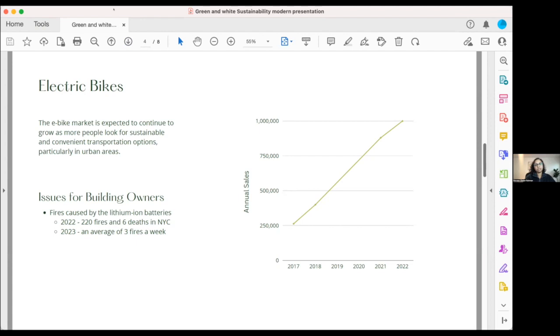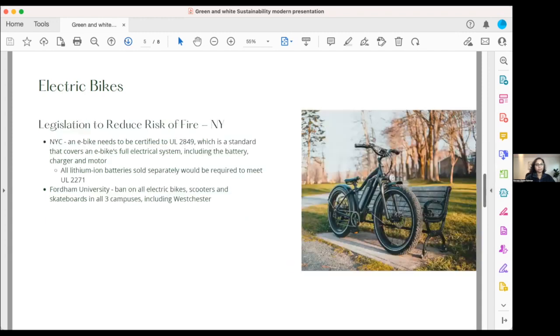The number one issue, of course, is these fires that Stuart just spoke about. What the FDNY is saying right now in New York is that there is an average of 3 fires a week. And we're only in March of this year. So Mayor Adams just signed a law where they have to be certified to a specific standard, UL 2849,